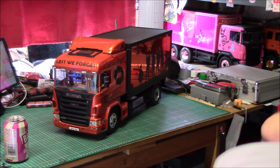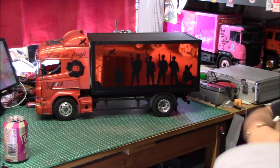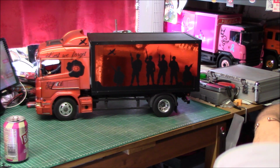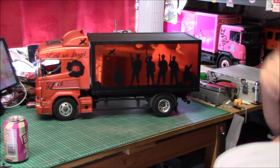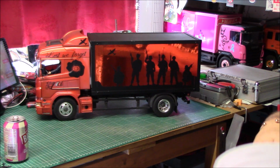But then I was cutting some vinyls one day, and I got some chrome vinyl to do something else, and I had an idea. What if I did a nice silhouette? And then what could the silhouette be? So then I was thinking and thinking and thinking, and this came to my mind. And I thought that's quite a nice thing actually,